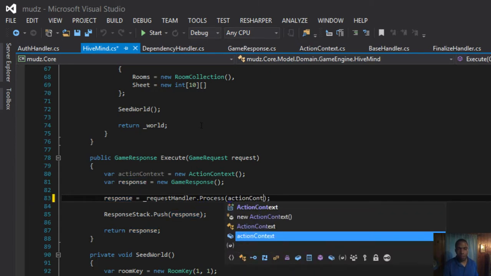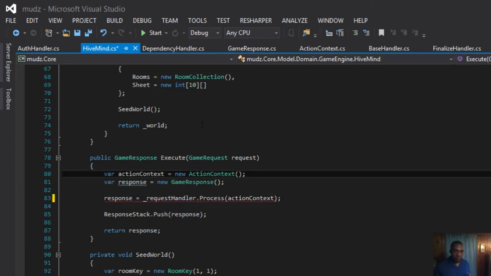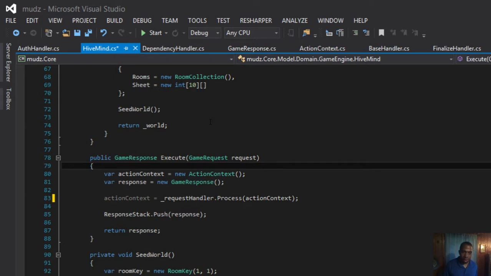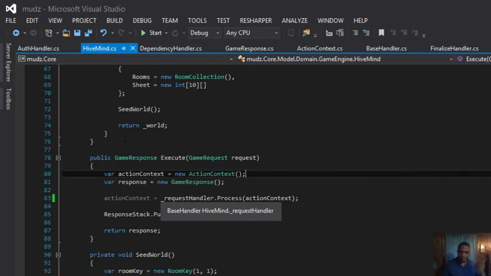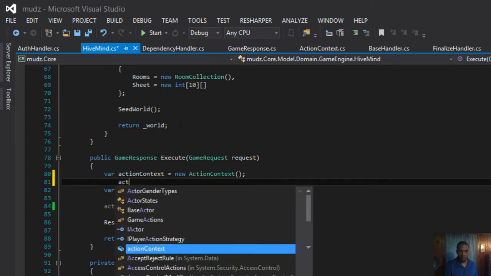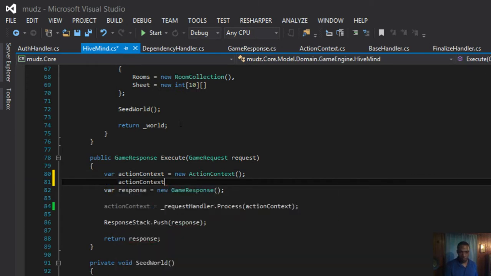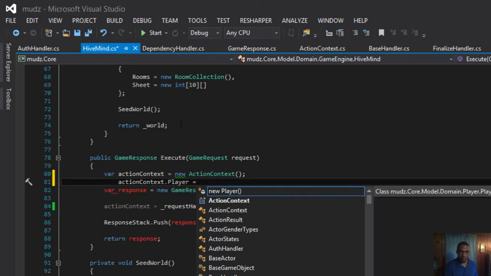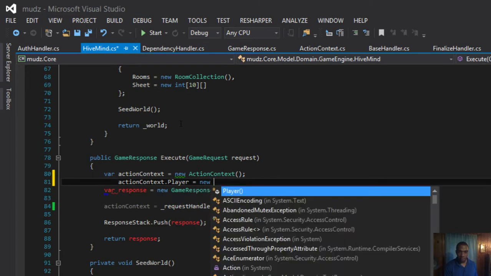Alright, so now we've gotten ourselves all the way back to the beginning where we're in our hive mind. And we dump this action context into our pipe, right? And we want to make sure that at the very least, we're setting up our player as a new player.